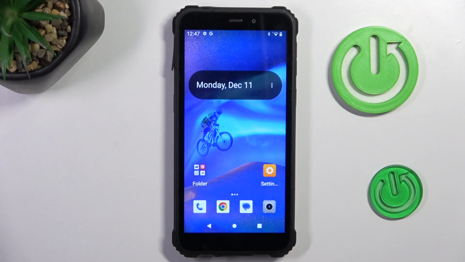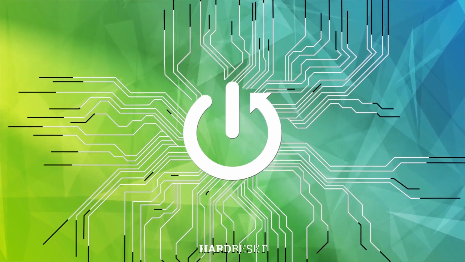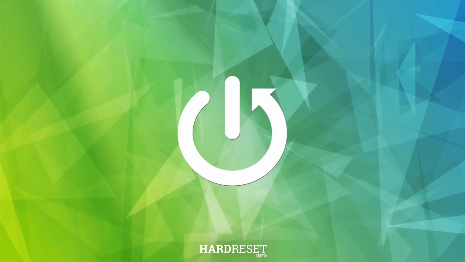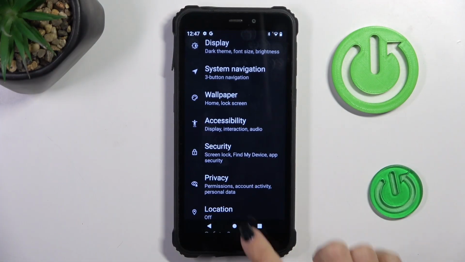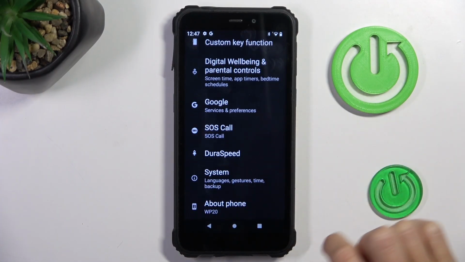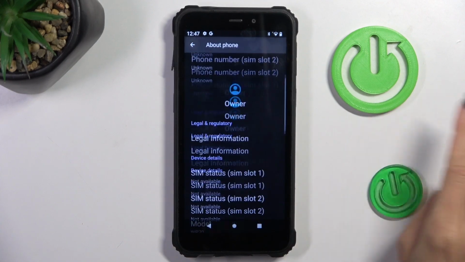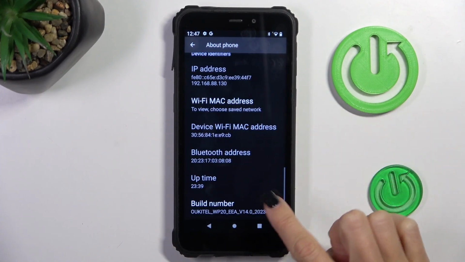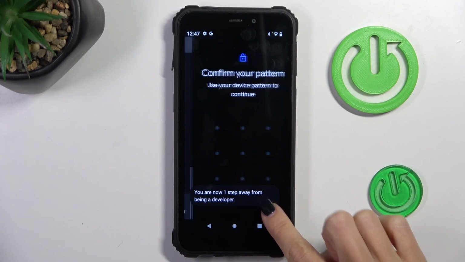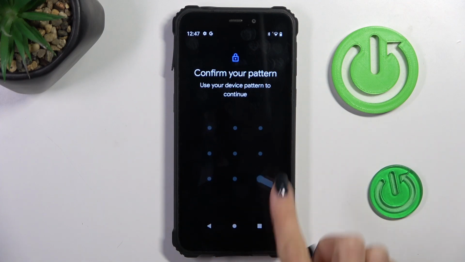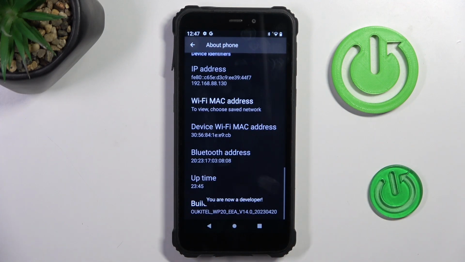Hello everyone, in front of me is OUKITEL WP20 and let me show you how to activate developer options. At first open the settings, then find and select About Phone. Now locate build number and tap on it 7 times. Then draw an unlock pattern if you have one, and as you can see from now on you're a developer,